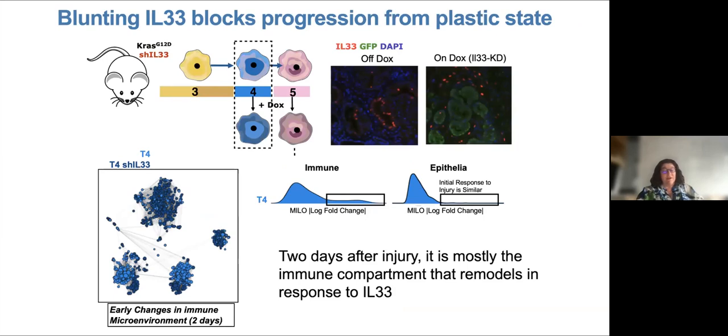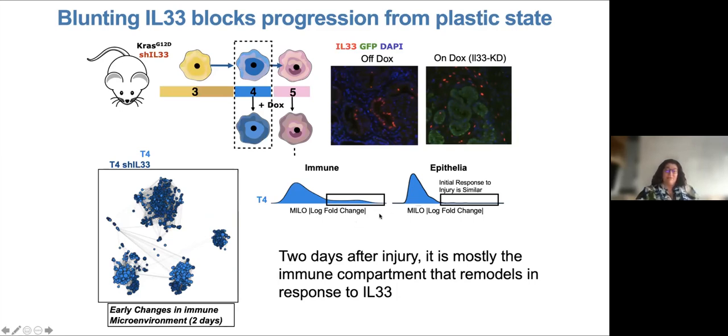When we looked early on, and here I'm using Milo, which is my favorite algorithm to look at how populations change in single cell data. I think a lot of the approaches out there are very much flawed. And Milo is just a great tool developed by the Marioni lab that we now use almost exclusively to study changes in populations after perturbation or between treatments or cohorts. And really wanted to see, okay, how does the population structure change between the regular KRAS situation and KRAS plus knockdown of IL-33.